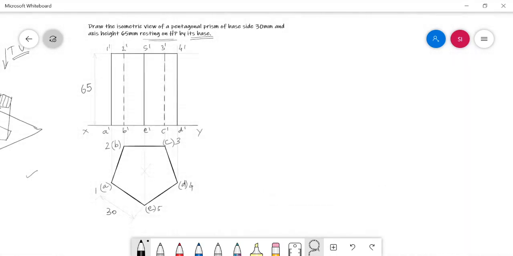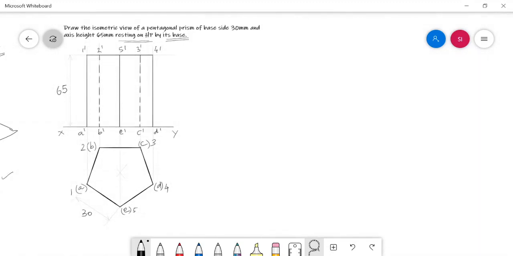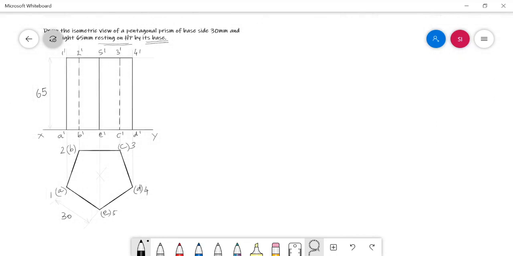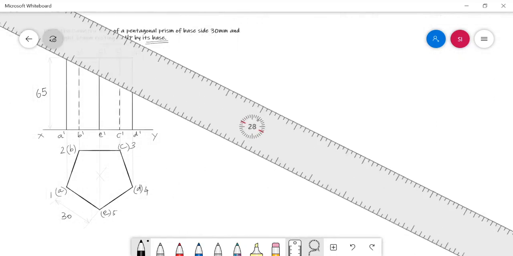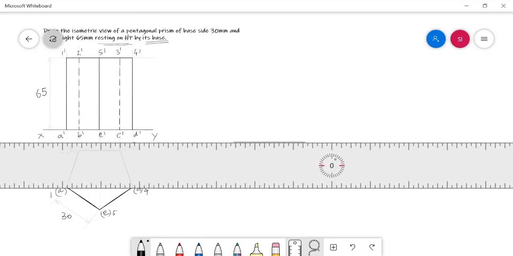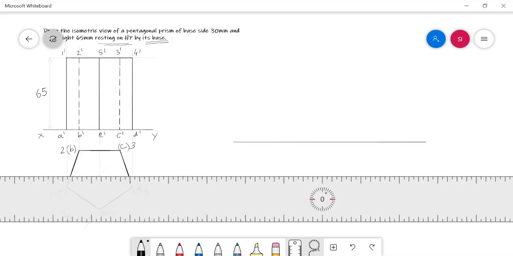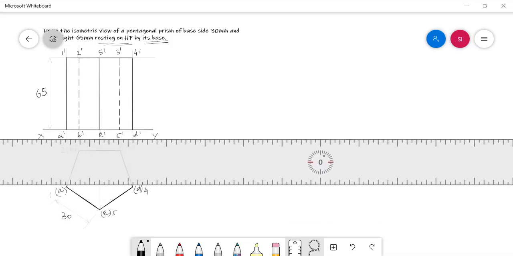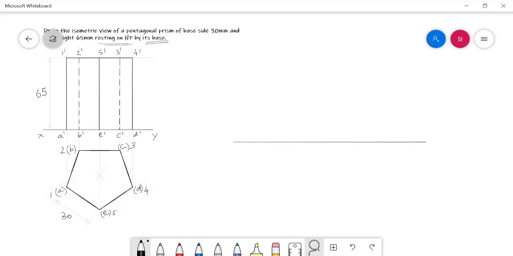Now I am going to draw the isometric view of the solid. For that, first I need to draw the isometric axis. The isometric axes are nothing but, first we need to draw a horizontal line. After that, I need to mark an origin. From this origin point, I need to draw two lines inclined at 30 degrees to the horizontal line, both in rightward direction and leftward direction.